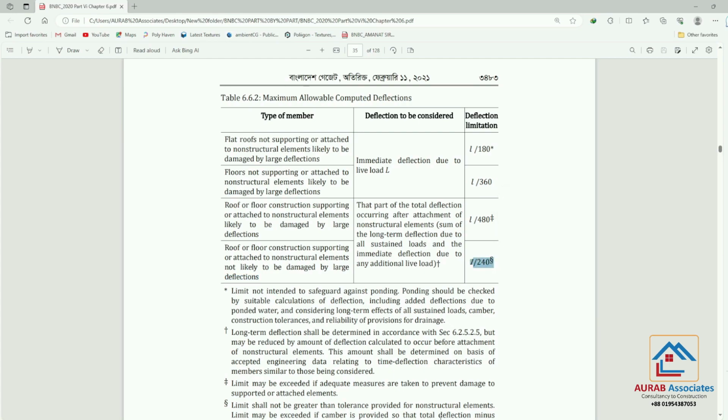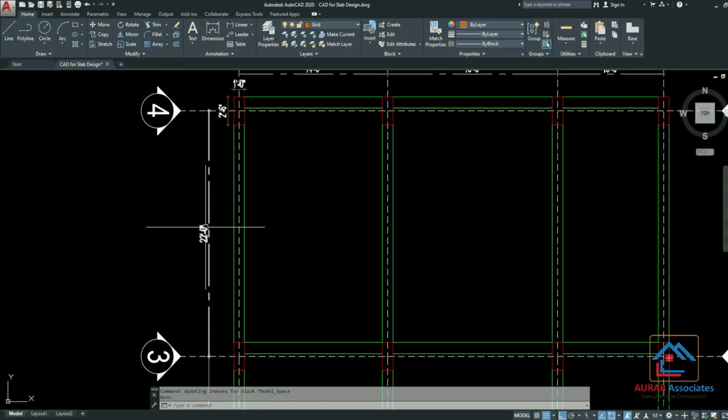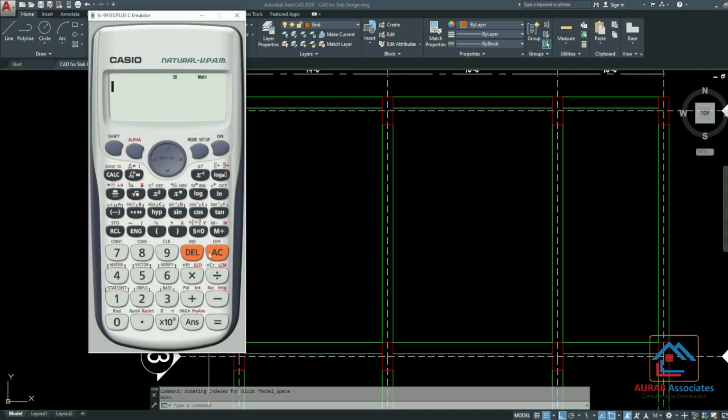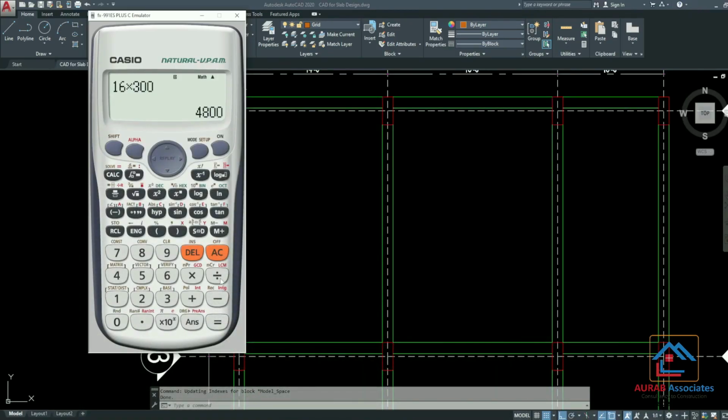Okay, now for the two-way slab, which was 16 feet by 22 feet, that means we can go with 16 feet, right? That means 16 feet multiplied by 300, we are taking this to mm. Then we will divide this value by 240. Okay, divided by 240.